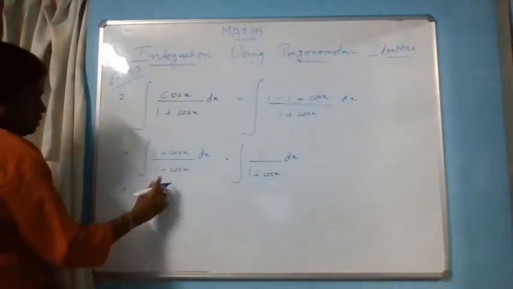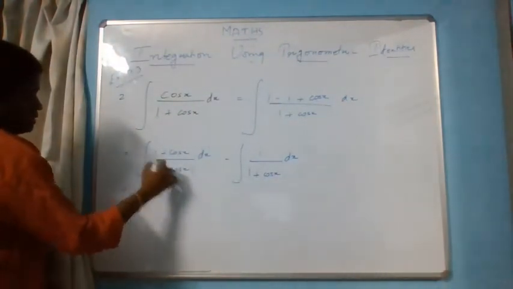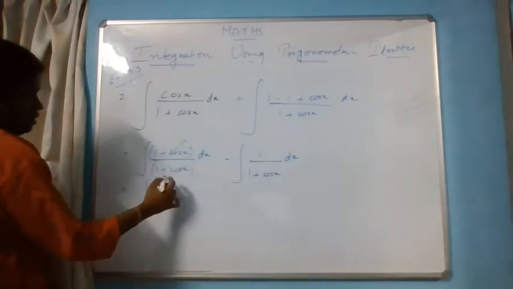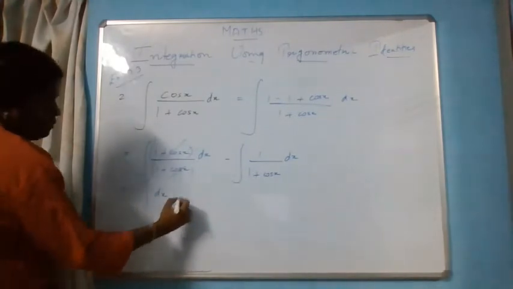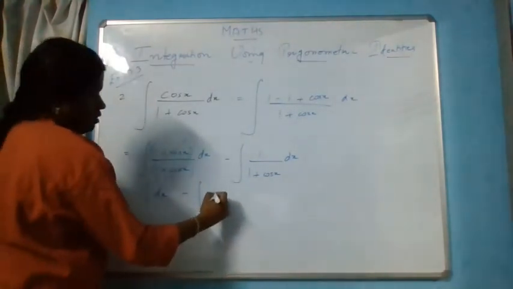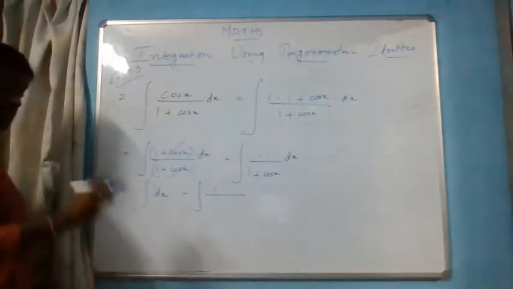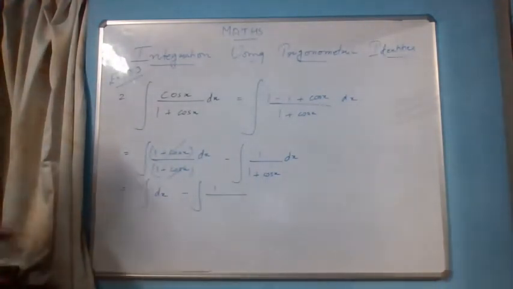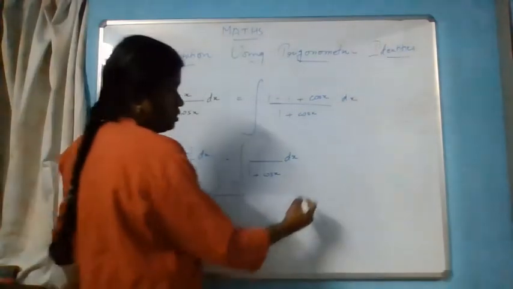So what happens here? In the first term, the terms get cancelled, so it will be left with only dx. And here, in the place of 1 plus cos x we can write 2 cos squared x by 2. Why? Because